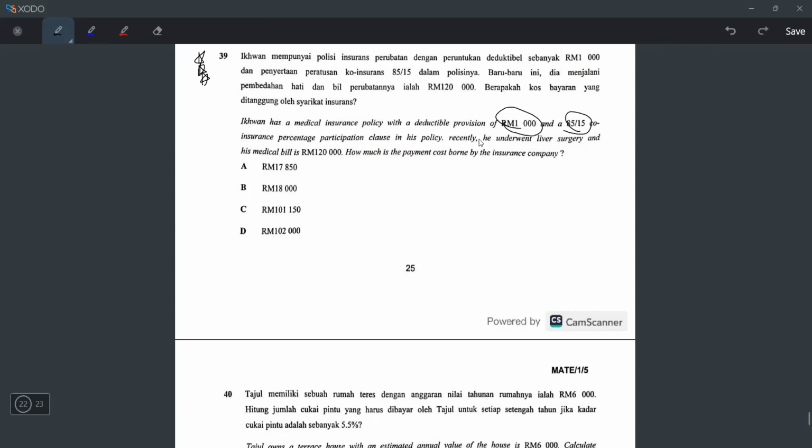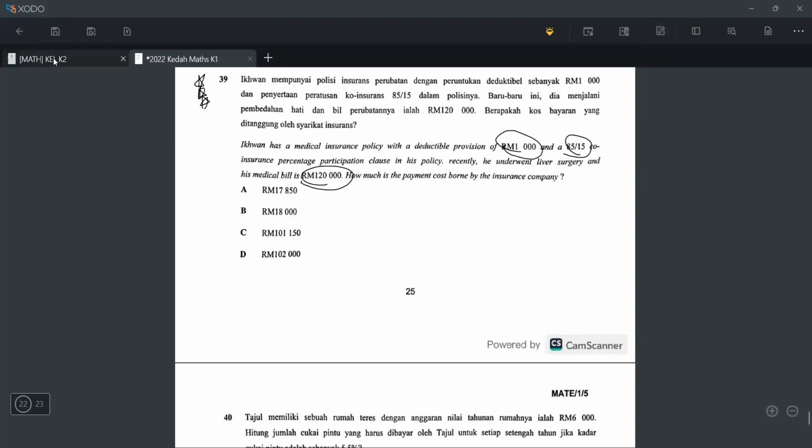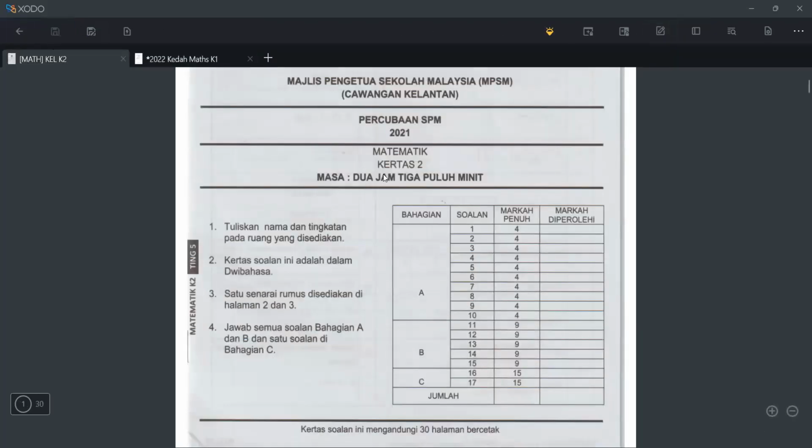Participation clause in his policy recently. He underwent liver surgery and the bill comes out already 120,000. How much is the payment cost borne by the insurance company? Okay. I want to leave this question just for sementara and I want to go to this Kelantan paper, but don't worry,